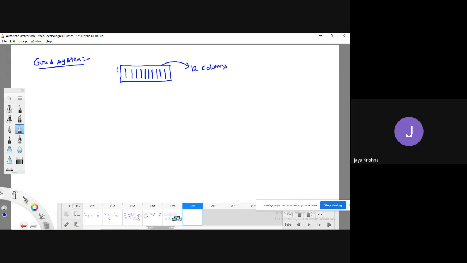12 columns, and they are divided row wise also. If I am taking a single row, this single row is divided into 12 columns. Second row, it is going to divide into 12 columns. Third row, it is going to divide into 12 columns. So whether it may be a laptop, a desktop, a mobile, or a tablet, it won't bother about it. Irrespective of screen size, every screen is going to split into 12 columns.